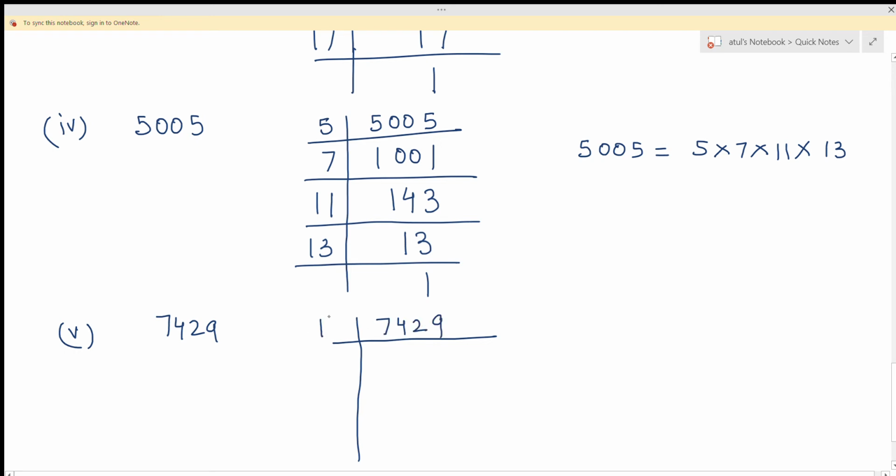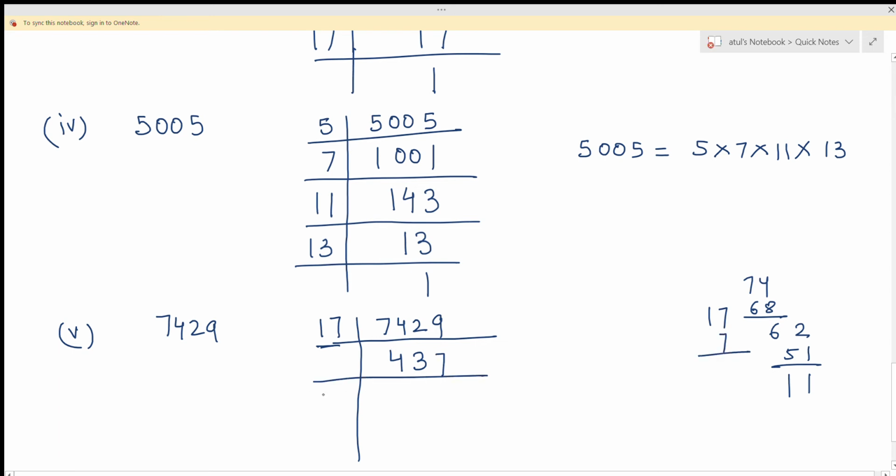Let's try with 17. So if I go with 17, 17 fours are 68. So 74 minus 68, what will you get? 6. That's 6, so it will come as 62. So now I will use 62, so smaller than that is 17 threes are 51. So 62 minus 51 I will get 11, bring down 9, so 119. So 119 is what? What's our 119? That you need to check. 17 sevens are 119, so 7.